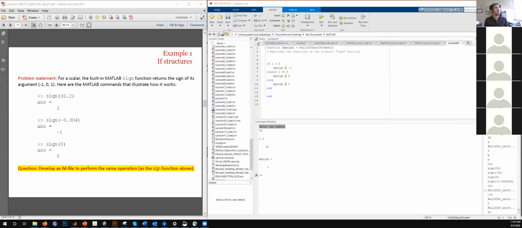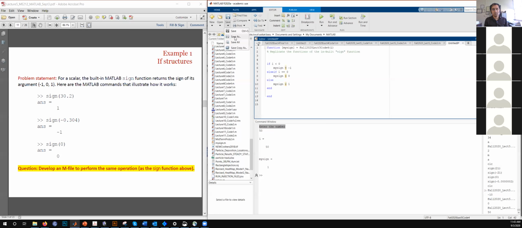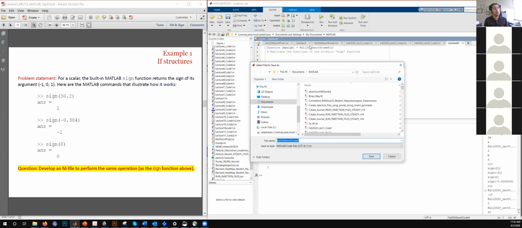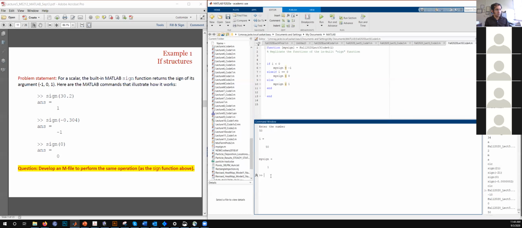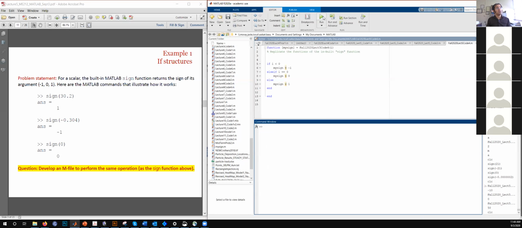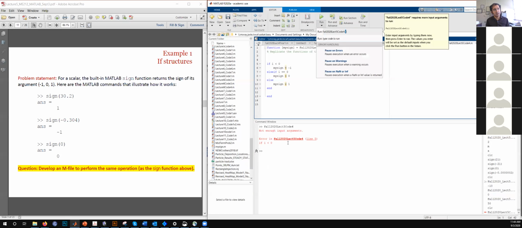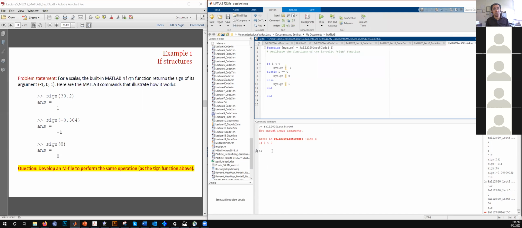So let's save this. And as we know, whatever name you have assigned to the function name, it automatically pops up when you are trying to save it under the MATLAB directory. So let's save it with that name. Otherwise it doesn't work. And let's now try to run this directly from here. It finds an error because it doesn't know what I is. So you don't run the function files like the way you typically would run a script file. The way we should run this function file is like this.